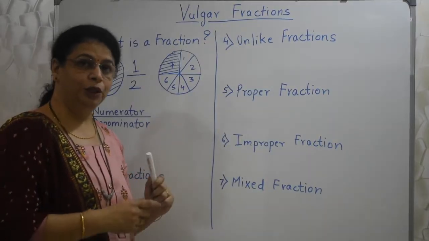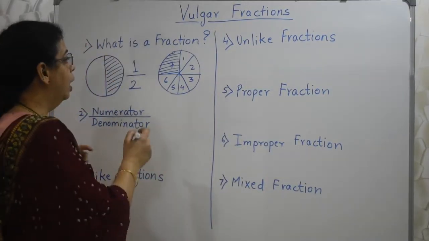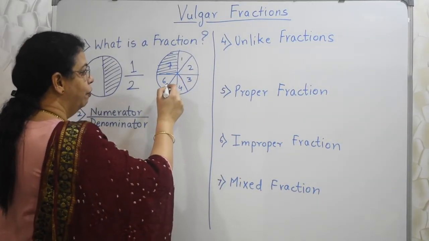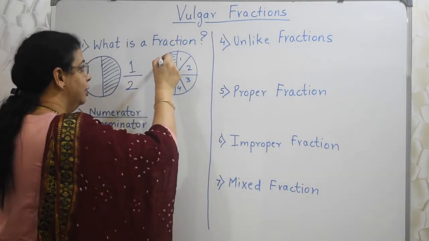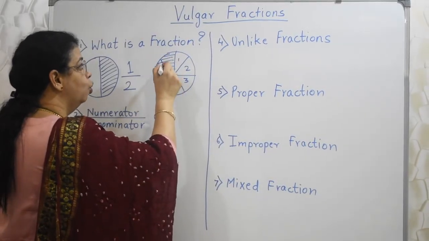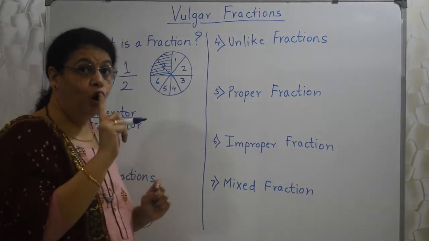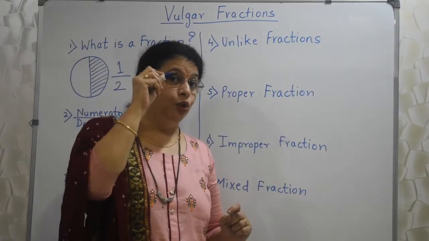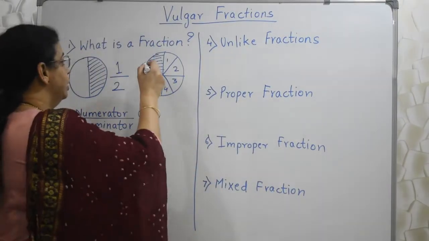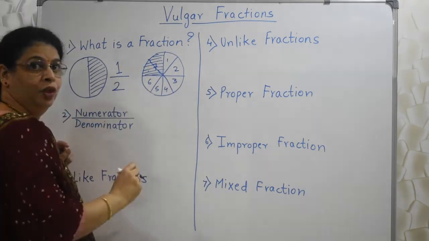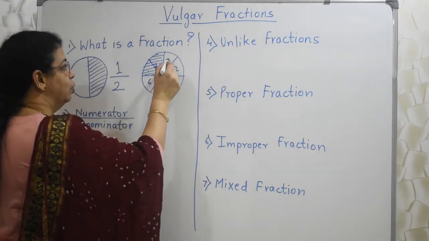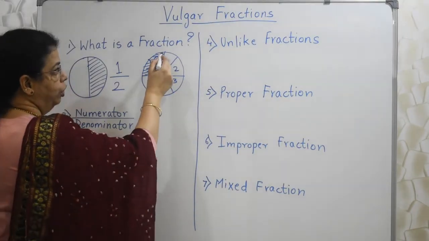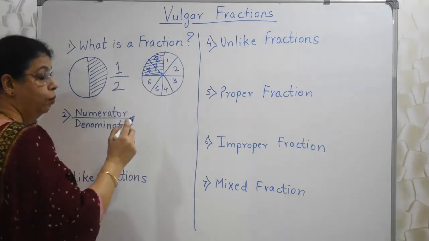If they ask you how much portion is shaded, you are supposed to count total number of pieces. 1, 2, 3, 4, 5, 6. But here there are two pieces which they have not shown you properly. It is your job to draw the imaginary line. See, I am drawing this imaginary line here. Okay. So in fact there are 8 pieces. 1, 2, 3, 4, 5, 6, 7, and this one is 8. So here this piece consists of 2 pieces.